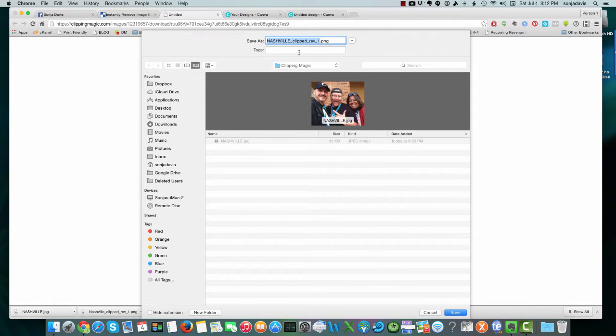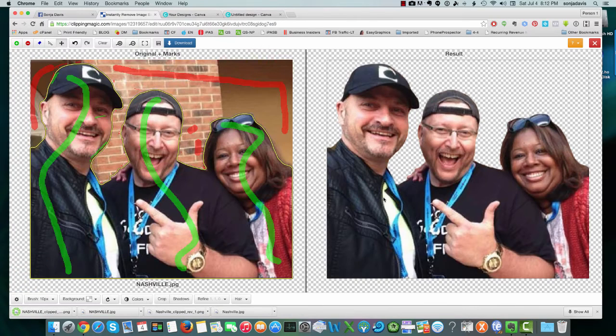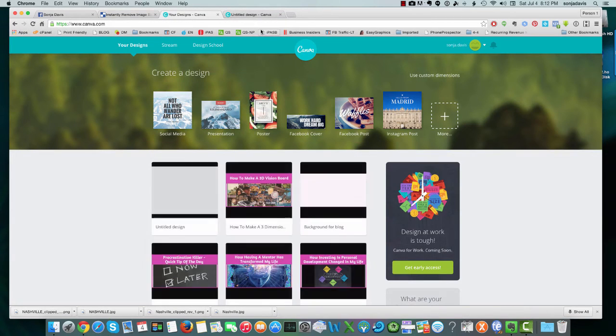And whenever you download from Clipping Magic, it always takes the name and adds clipped Rev 1 on it. So whatever you name the picture, just in case you can't find it, look for clipped Rev 1. Okay. So now I've downloaded that, and now I want to go over to Canva,